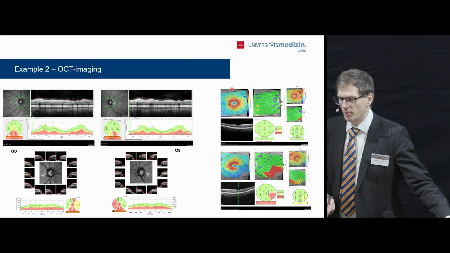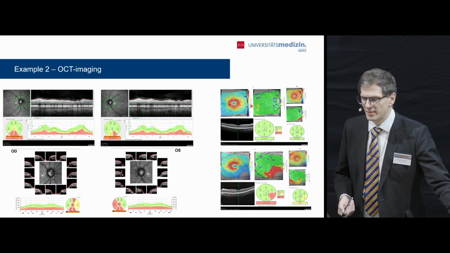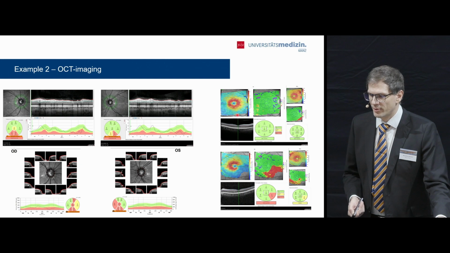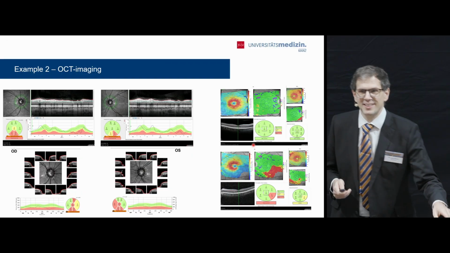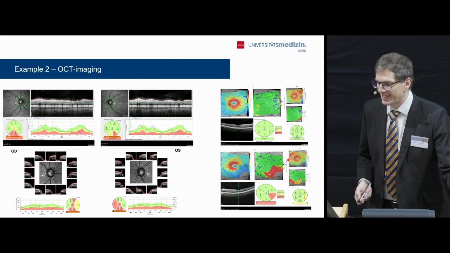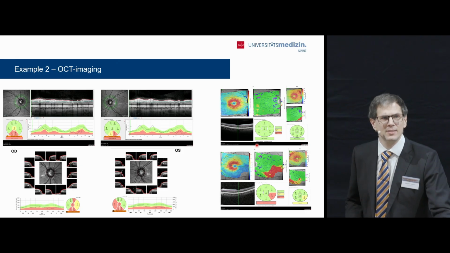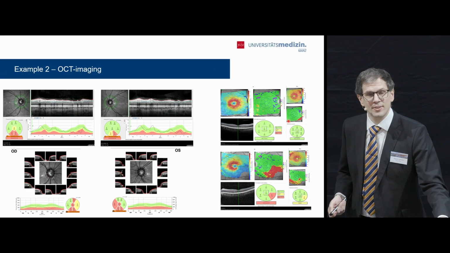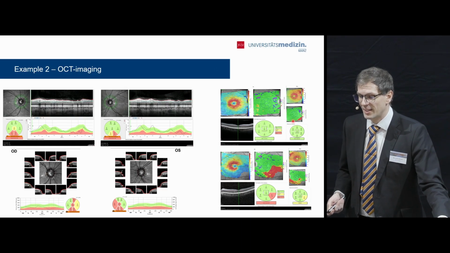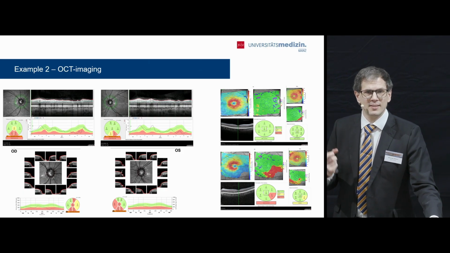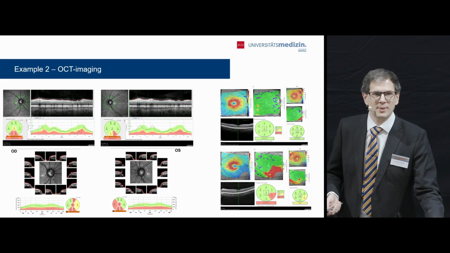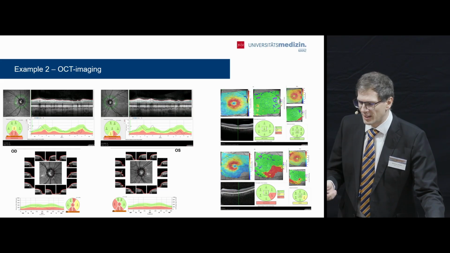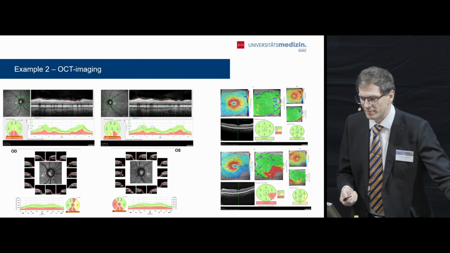And when you then go to the posterior pole analysis, you might think on the right eye you can't see anything. On the left eye you see the donut is somehow eaten up, at least partially. And you can see, like here in the statistical analysis, a deviation from normal. But if you really closely look, you can see on the right eye as well a small deviation, down here. There, it's the RNFL thickness analysis, and you can see that there's actually a statistical deviation as well, indicating there might be an early damage, or at least a damage at all.